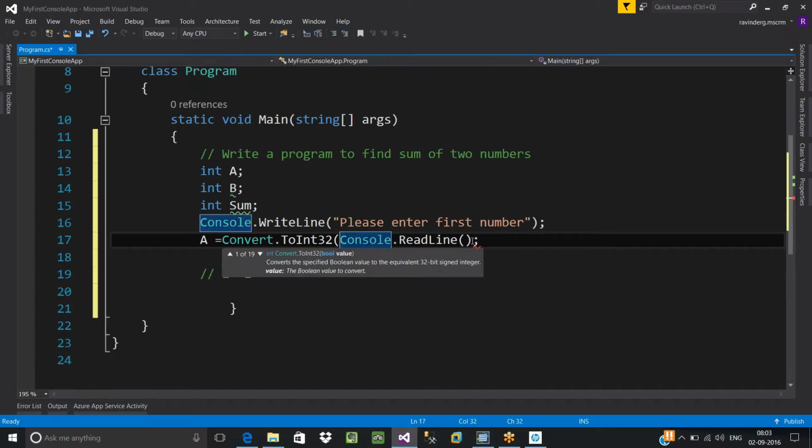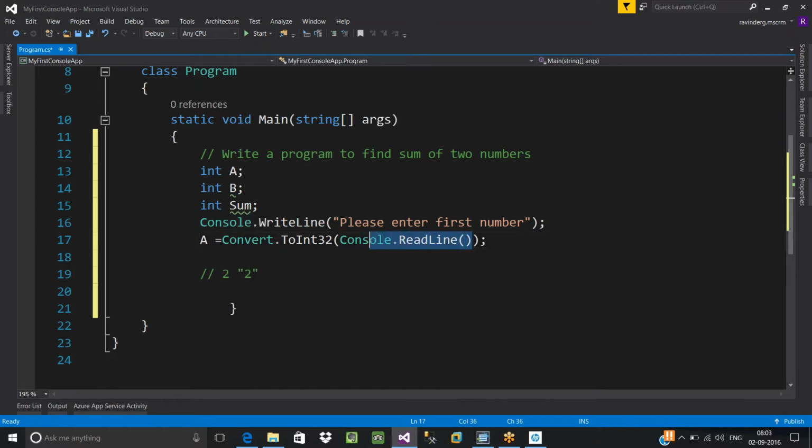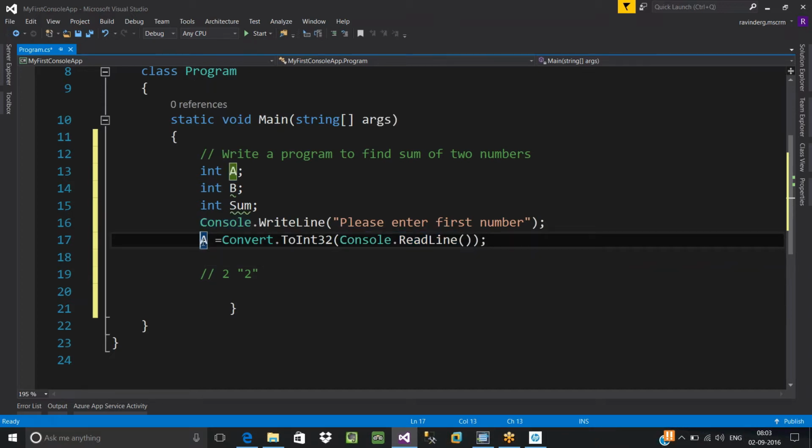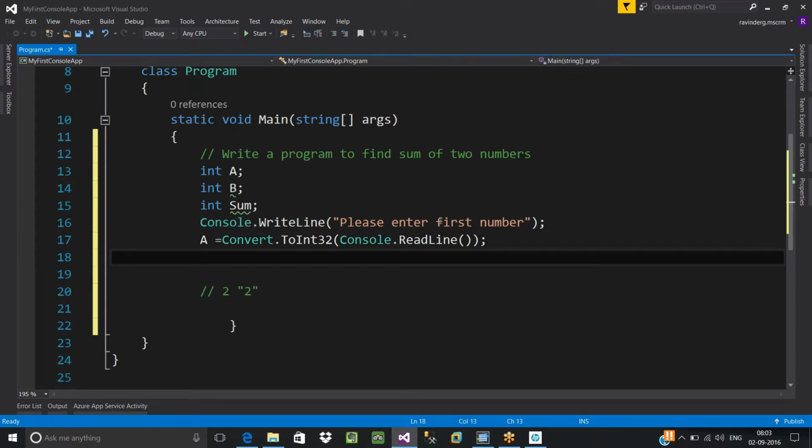of this value. So now what will happen? Once you call Console.ReadLine, it is going to read the value from the console window, and that will be returned in the form of a string. That string is going to be converted into the Int32 data type, which is going to be stored under A. Next, yes, we got our first input. We asked the user to enter the first number, and we successfully stored that into our first location.